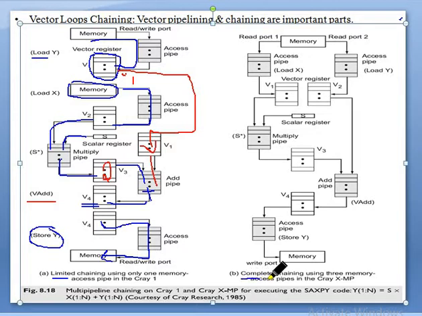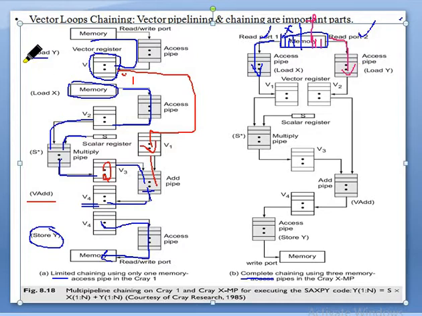So now what about complete? Complete means however many memories we want to fetch, all are allowed at a time through different ports. See, this is port 1 fetch, this is port 2 fetch. There is a common memory in which x values as well as y values are stored. So many y values and so many x values. Where are we going to store the x values? Here. And the y values are stored separately.